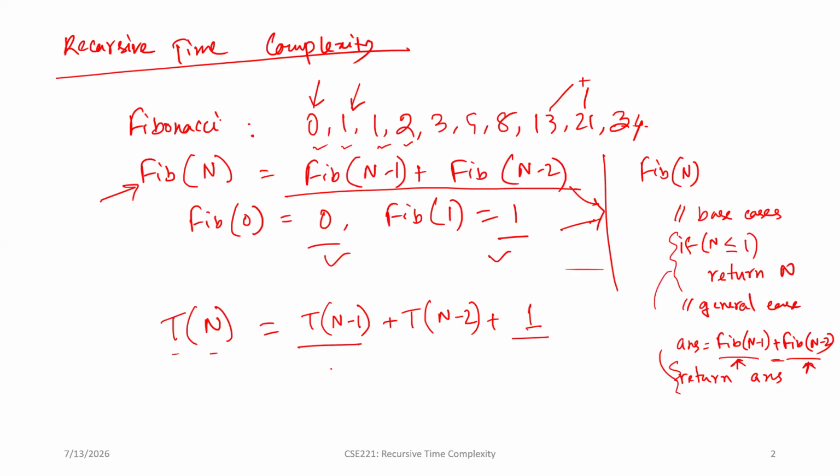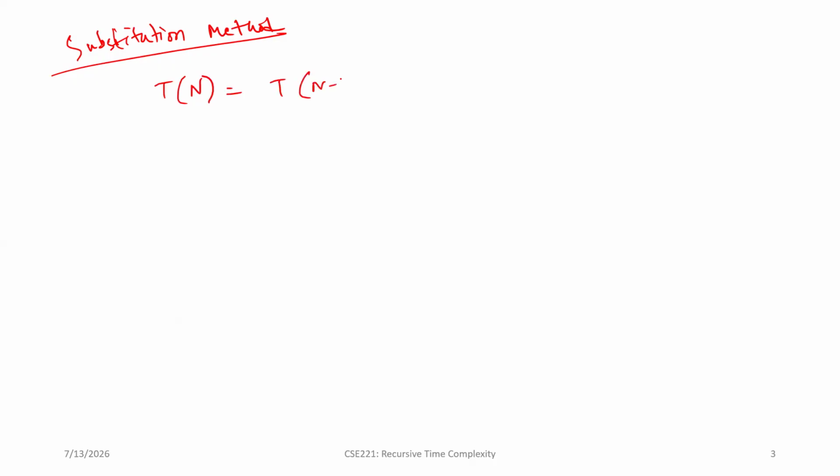And now we need to solve it to get the actual value. We want to find what's the actual value for T of n. The method that we apply to do this is called the substitution method. I'll tell you why the name substitution is in here. First, the formula was T of n is T of n minus 1 plus T of n minus 2. So